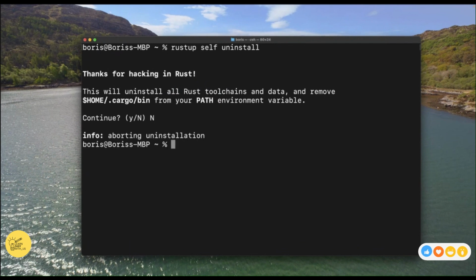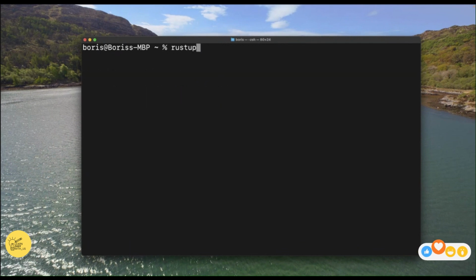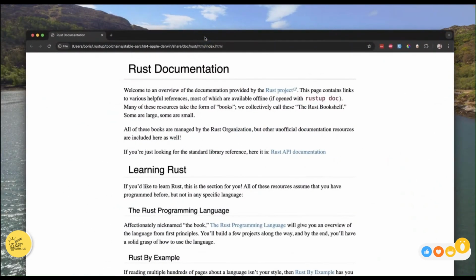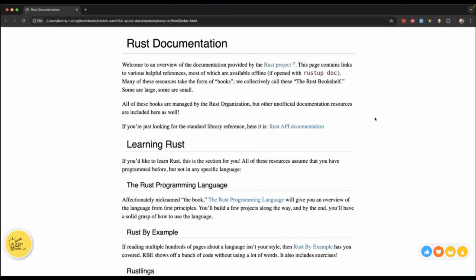One other thing I want to show you in this lesson is rustup space doc. Doc is short for documentation, and this will open a web page in your default browser. I'm going to drag my browser over from the other screen. It's going to look something like this, and this is the complete Rust documentation from your local computer. So this is not making a request to any kind of website. This is just opening a web page that is installed alongside Rust that has all of the attached Rust